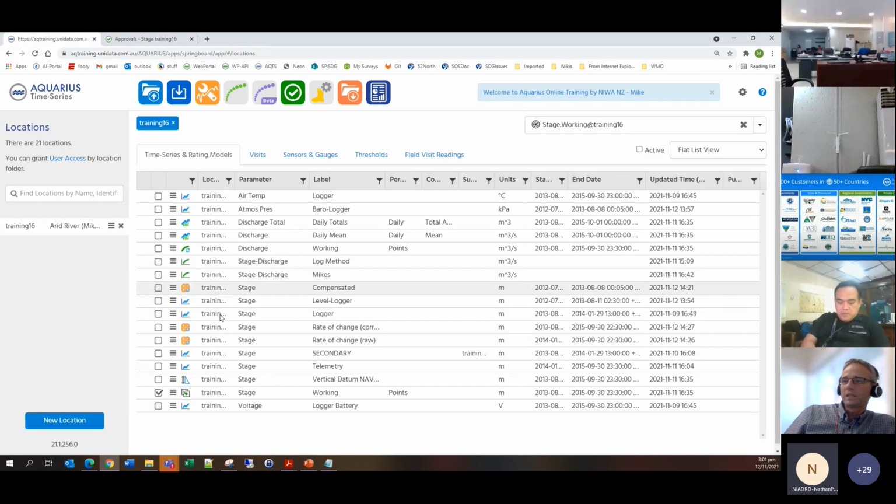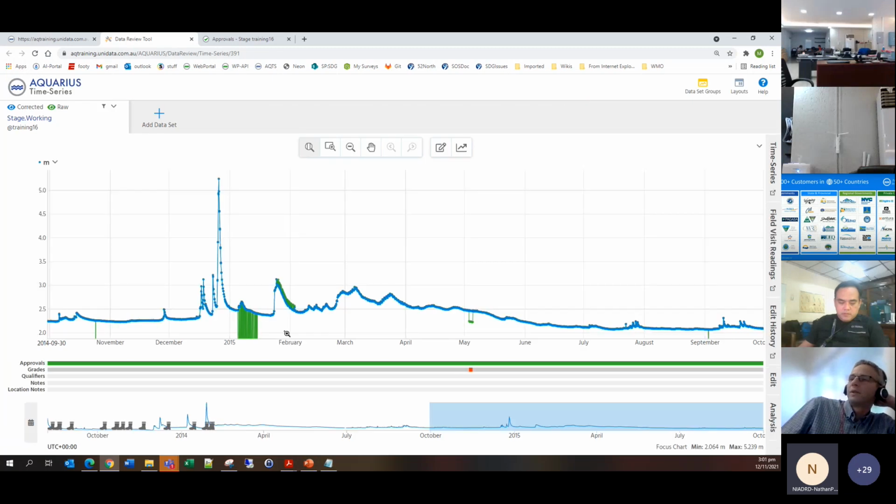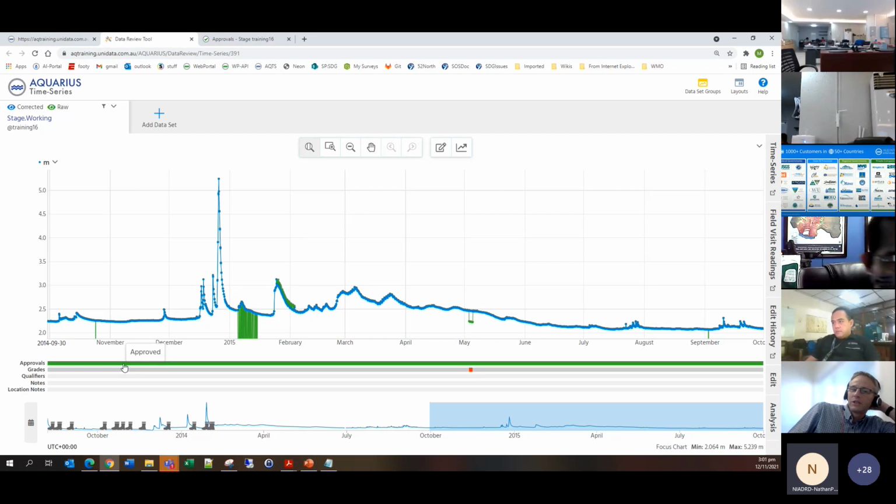So what's the difference now? If we look at our data set now, just remembering how we see this normally, if we go and look at the data review tool, we see on our carpets that it's all got the approved state. So that's what it's doing. And if we look just really quickly at say a NIWA example,